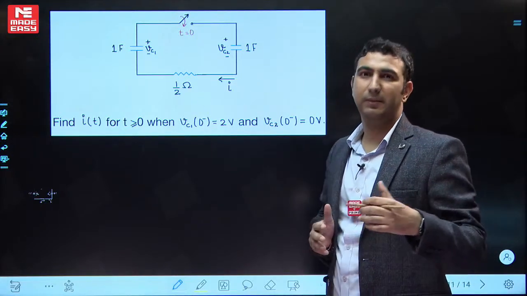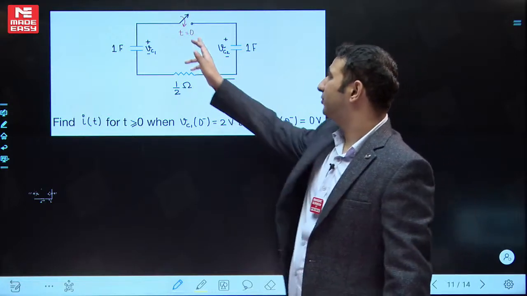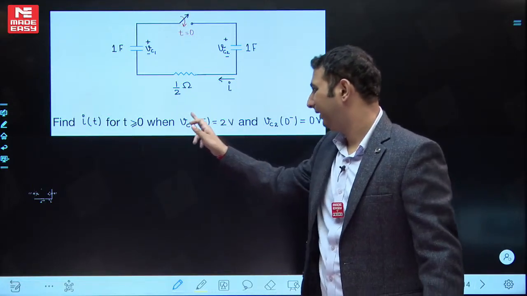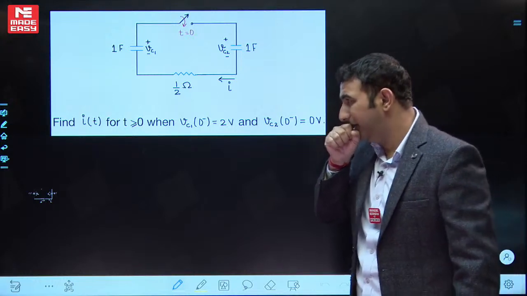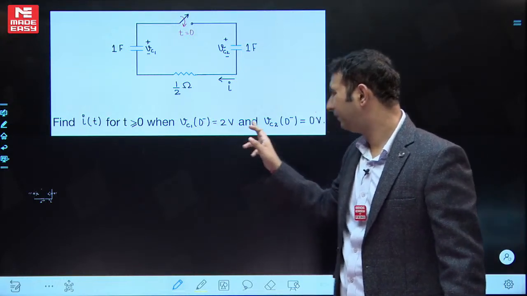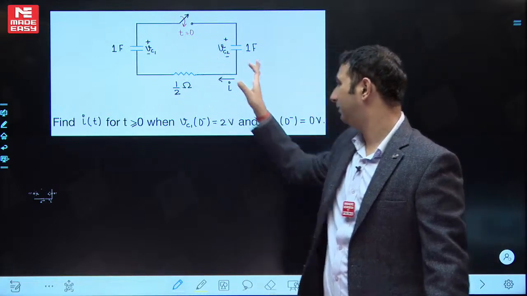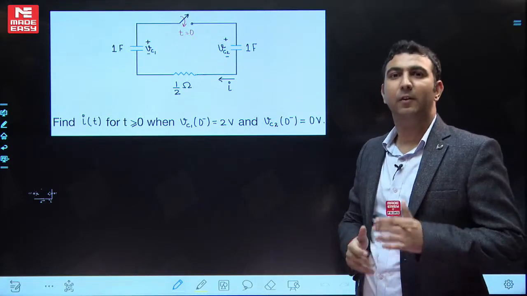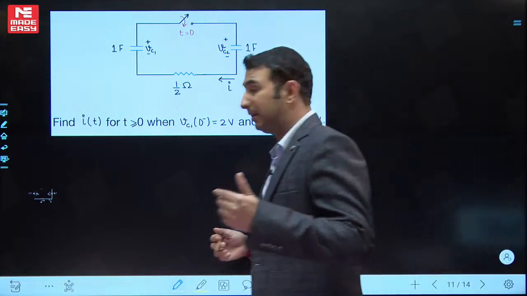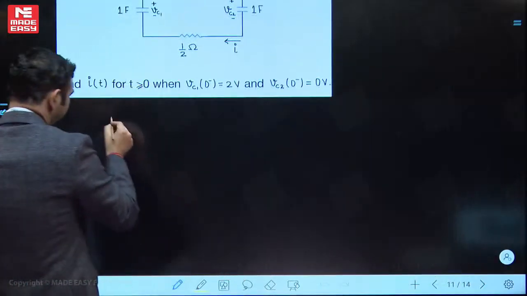Laplace, what are you going to do? First step, initial condition. Initially the switch was open and the initial value of the capacitors is given. On this the voltage was 2 volt, on this the voltage was 0 volt. What is the next step? Next step is to develop the circuit after the switching,